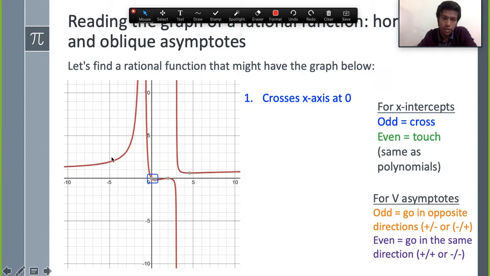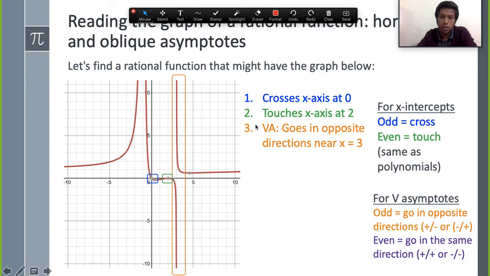Just by looking at the trend of the graph, where the graph is going, it is going towards this one. Then a vertical asymptote here, another vertical asymptote here, just by looking at the trend of the graph. So here at 0 it crosses, at 2 it touches, then goes in the opposite direction. As you can see, this is going in one direction, this is going in another direction, this is up, this